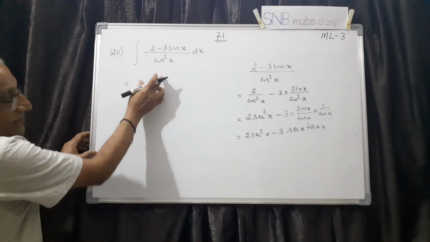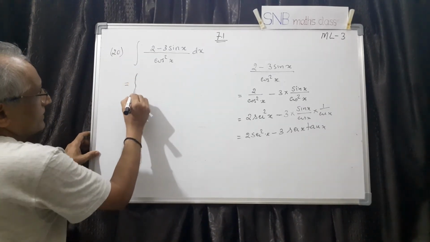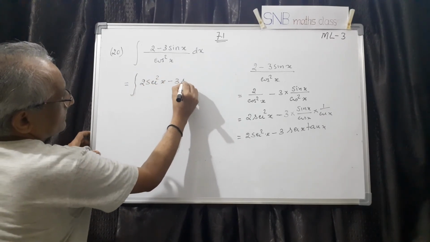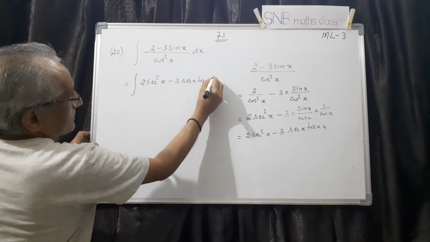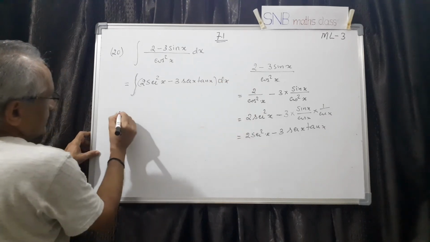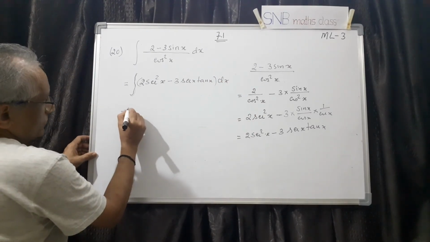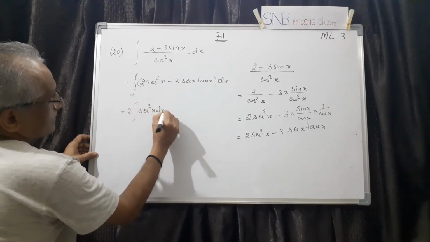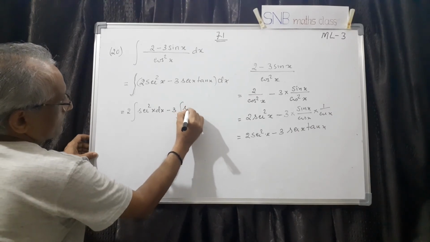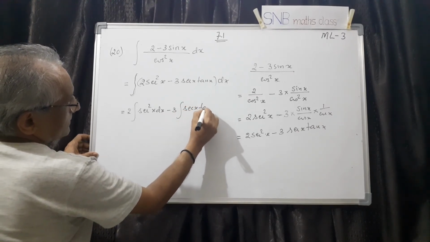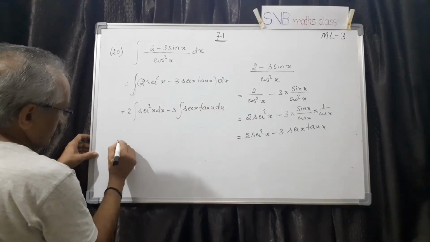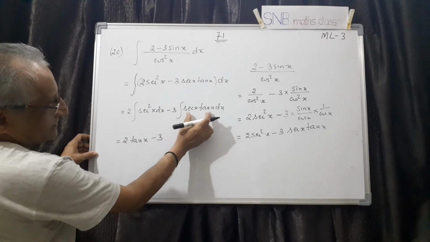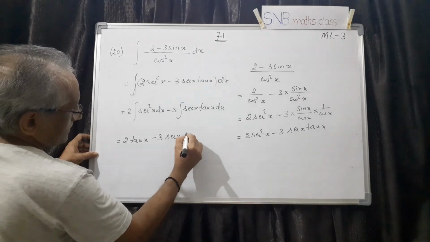Therefore, what I can do here is, the given integration will be equal to the integral of 2 secant square x minus 3 secant x tan x. Then we have to take the integration. Now you apply the rule. First one is 2, you can take out, scalar multiplication. This is secant square x dx. Minus 3 you can take out, secant x tan x dx. See, now this becomes 2 tan x minus 3. What is the integration of this one? It is secant x, then plus c.